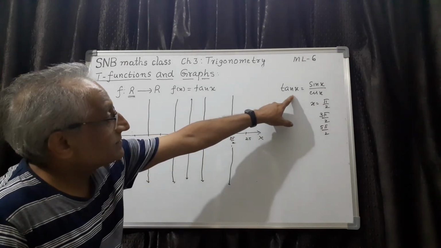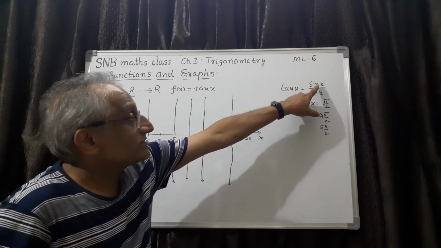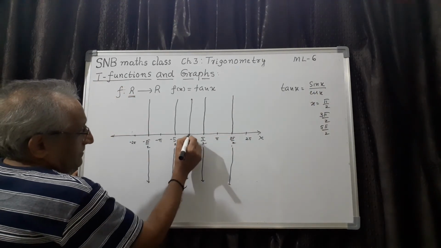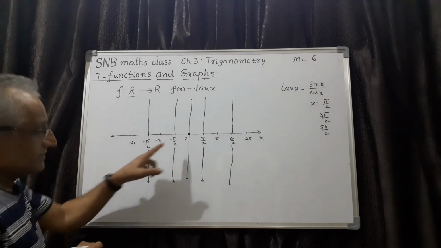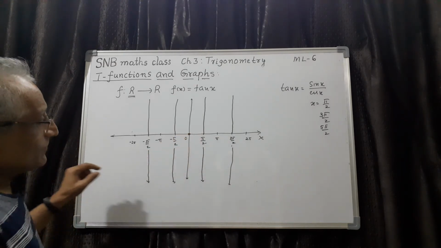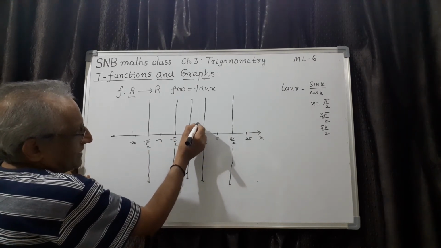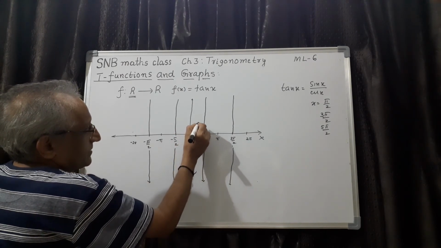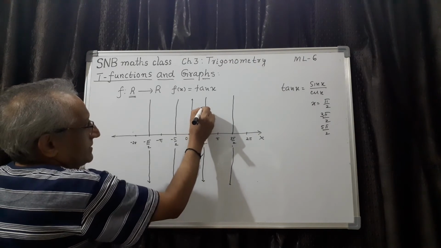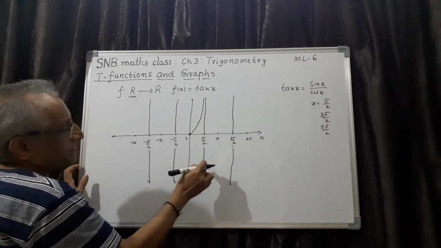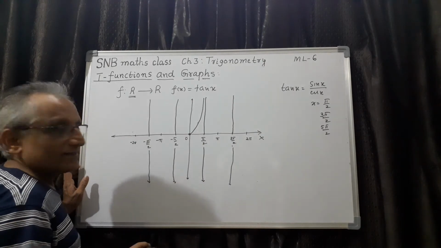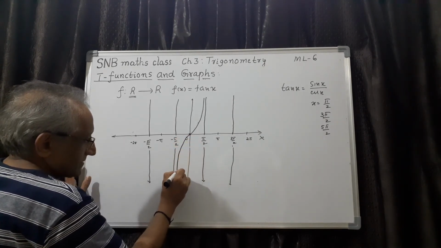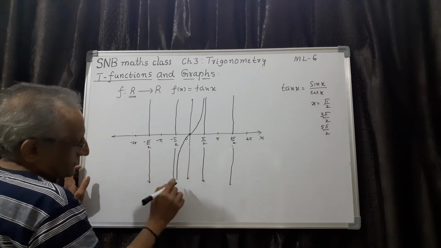Now, what about tan 0? It is 0 because sin 0 is 0, cos 0 is 1. So, tan actually graph cuts the x-axis origin, it cuts origin. So, when it is, for example, pi by 4, it is 1 here. So, actually curve is like this. It is a very beautiful curve. It goes like this. Remember, it will never touch this line because pi by 2 is not defined. Similarly, here it comes like this, but it will never touch this axis. So curve is like this.